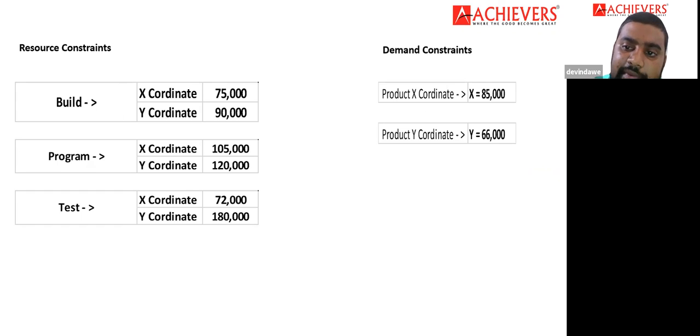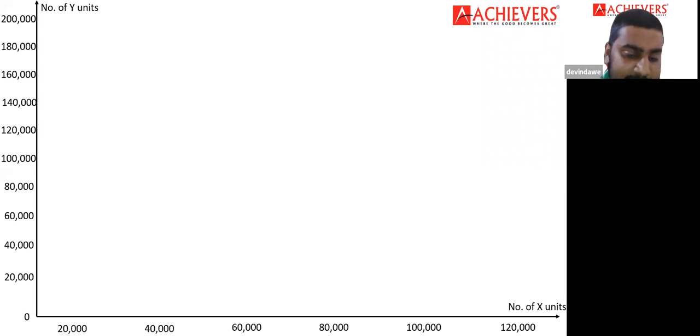So the maximum amount of product x that I can sell is 85,000 units. That's the meaning, right? That means you can't go beyond 85,000. So how you indicate it in the graph is, guys, x equals 85,000. Product x is represented by the x axis, so here you will see number of x units, and product y is represented by the y axis, number of